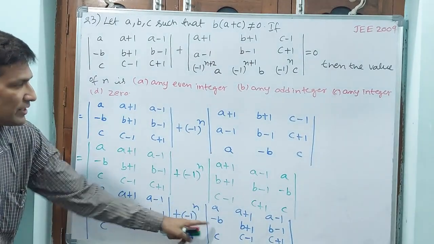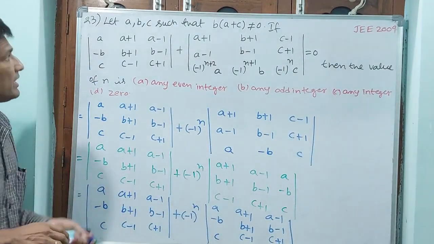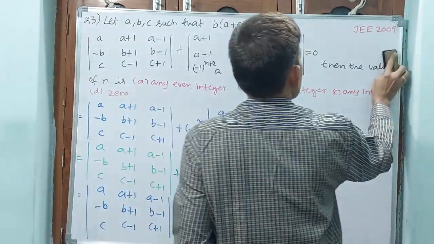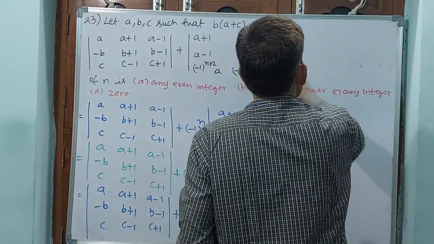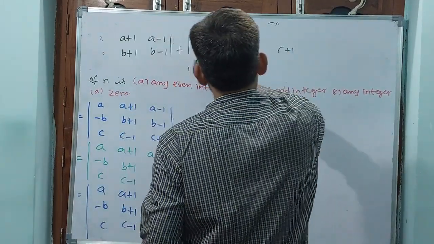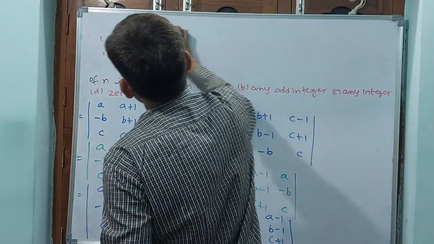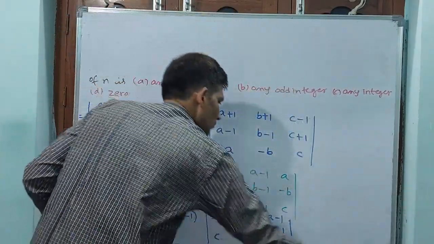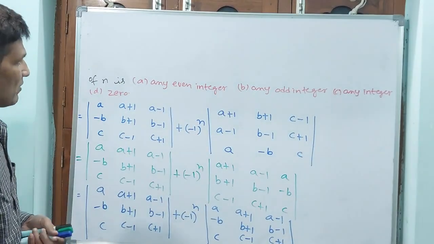Then you take this determinant as common. Okay? I am rubbing the question. I will do top. See, question means these options I am not rubbing. Why? Because options are required for me, to see which one is correct. Okay? That is why options I am not rubbing. Only the question I have rubbed. Okay, now